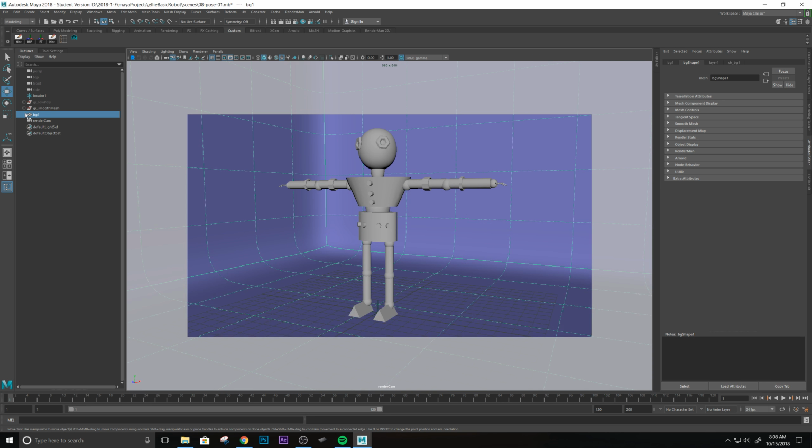So let's say this is, I posed my character and this is the pose. This is not, actually this is a T-pose, but let's say you posed your character, okay. The first thing, never freeze transformation on a posed character, right? So when you pose this character and you want to render this image, what you can do is